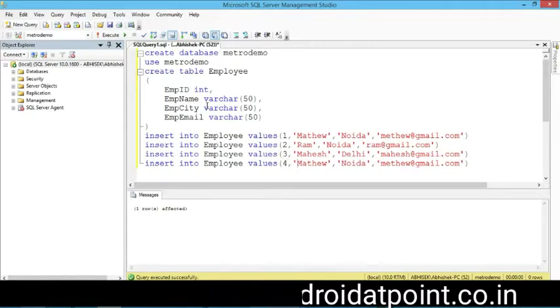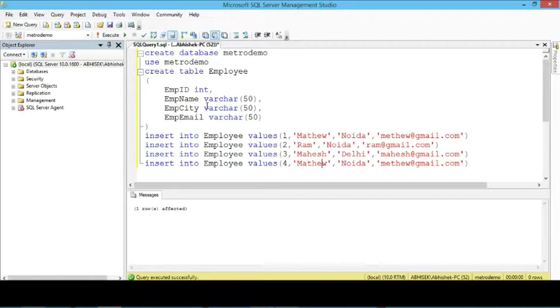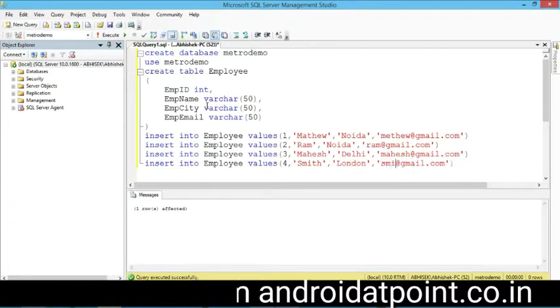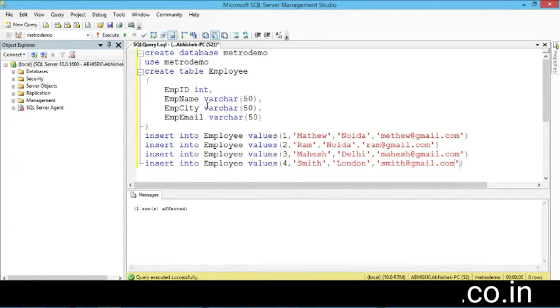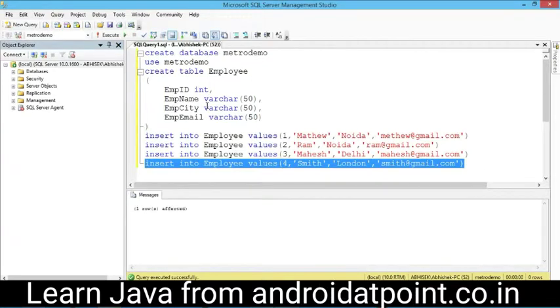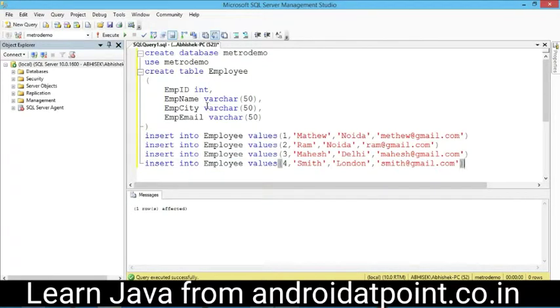Write here 4, Smith, and write here London, and Smith@gmail.com. Select the query and execute it. The fourth record is inserted inside the employee table, and again paste here,